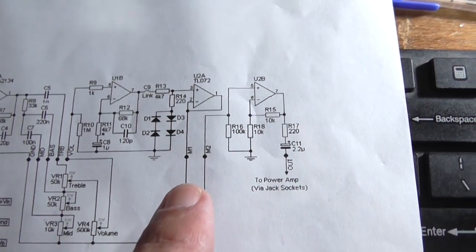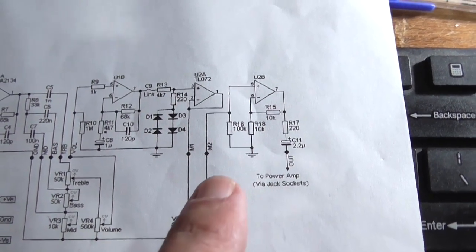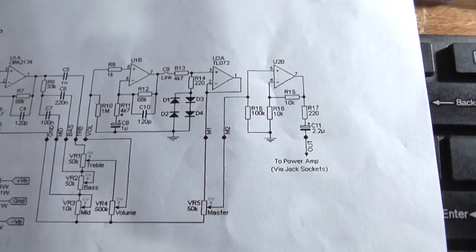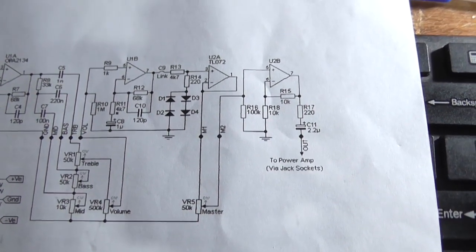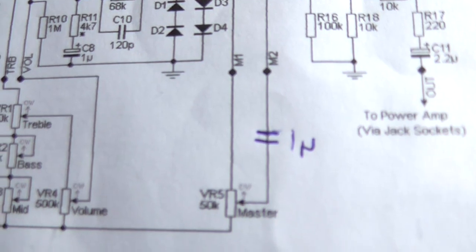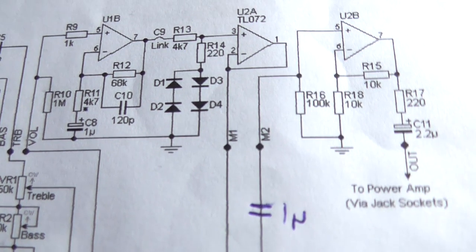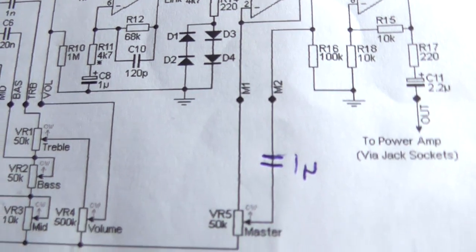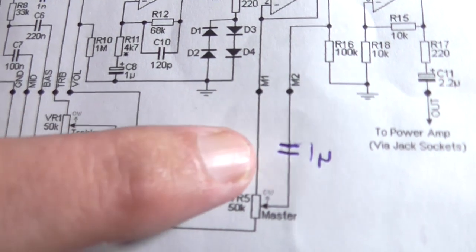How about we isolate the input from the pot by sticking a capacitor in series with it, say a 1 microfarad MKT capacitor, or even the same as what's on the output there, a 2.2 microfarad electrolytic, and see if that would make a difference. So that's sort of my thinking there, and that would directly isolate pin 5 of the U2B buffer stage from the pot, because I noticed that when I was injecting my frequency signal directly into the top